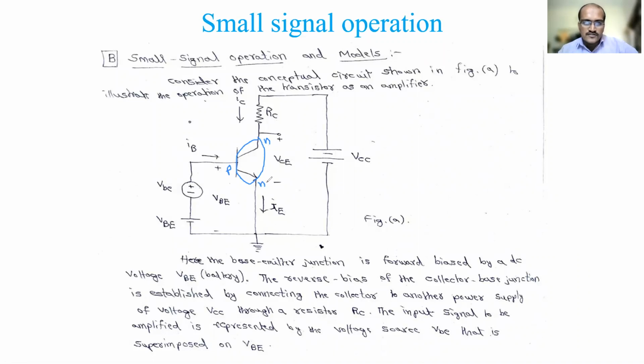There is some confusion that can happen here in the notation, so I will clarify that. There are three notations here. One is where the letter as well as the subscript are both capital. Another is where the letter as well as the subscript are both small. Another is where the letter is small whereas the subscript is capital. Clearly understand this everywhere, for IB, IC, IE, and VC also. Everywhere we need to concentrate on what this is.